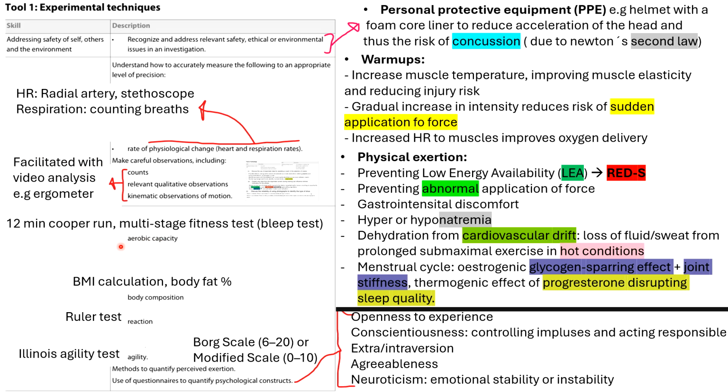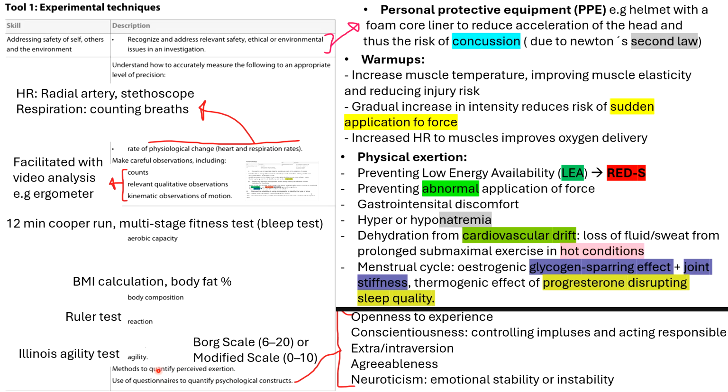Okay, how to test aerobic capacity. There's a 12-minute Cooper run and the multi-stage fitness test, the beep test. Body composition is going to be BMI and body fat percentage. Testing the reaction, the ruler test we did in class. Agility, the Illinois agility test, and